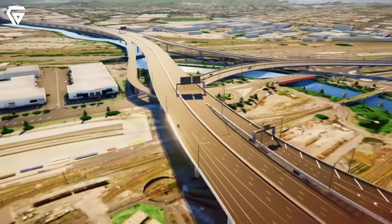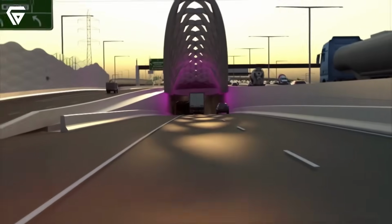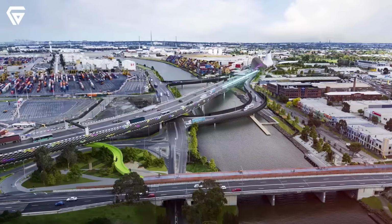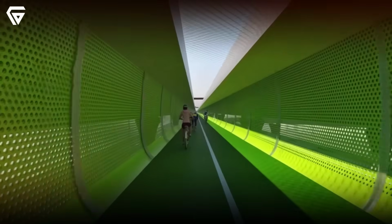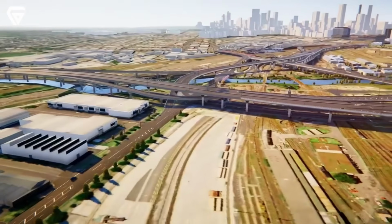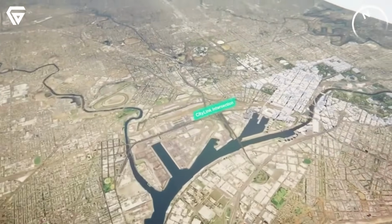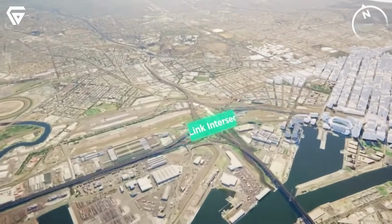For businesses and freight operators, the Westgate Tunnel will be a game changer. The project includes upgraded ramps and an expanded freeway system, which will make it easier and more efficient to move goods in and out of Melbourne. With better access to key routes like Dynon Road, Footscray Road, and CityLink, freight can flow more smoothly, reducing delays